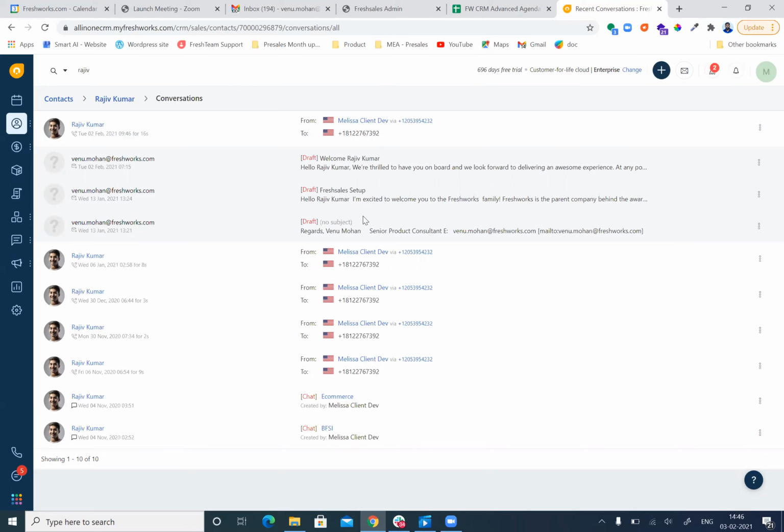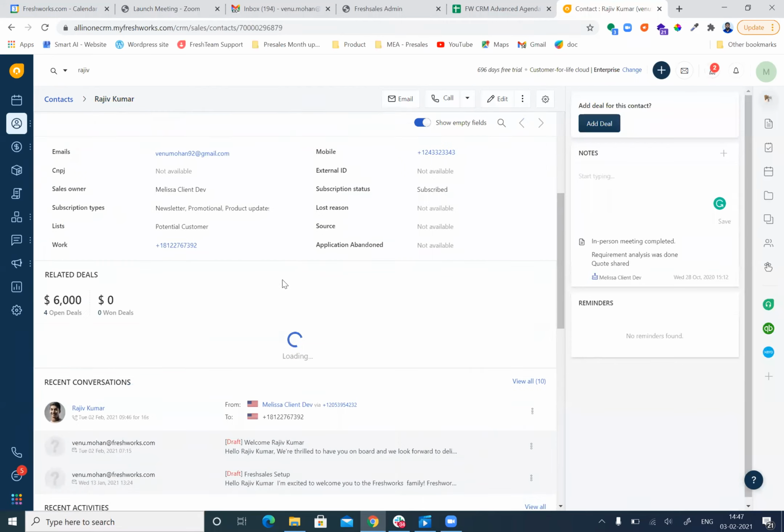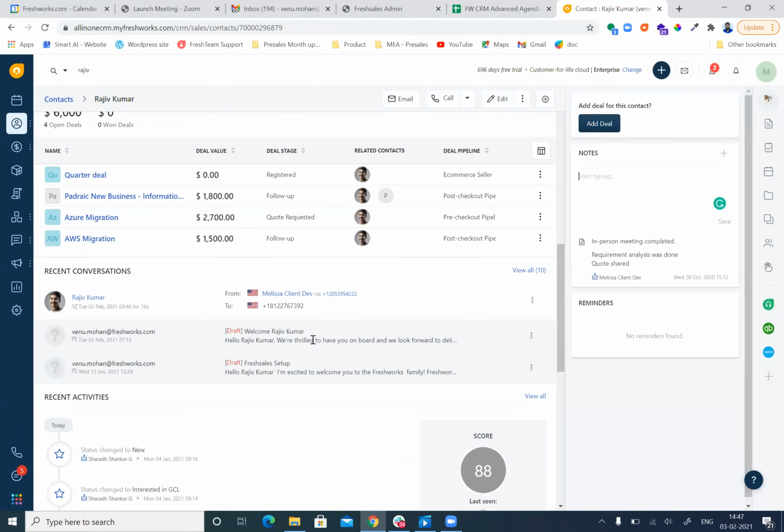Even if you have integrated SMS, that SMS conversation will also be synchronized in the conversation section itself. This gives a clear picture of the different channels you use to communicate with the respective prospect.